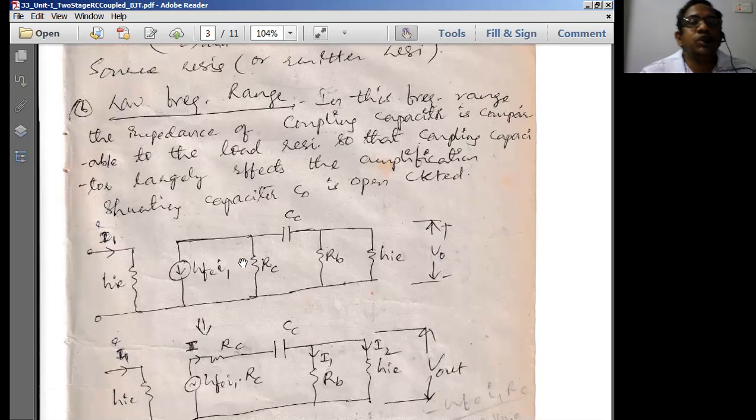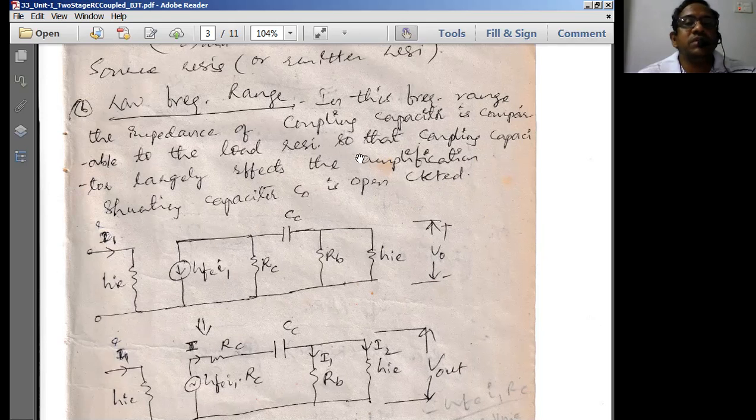The next condition is going to be the low frequency range. So low frequency range means what? It is going to be the values of the frequencies where the transistor gain would be in a range between 0 to a value which is less than the 3 dB gain. This is known as a low frequency range for us. We discuss this in depth in the second unit, because in second unit we're going to discuss in depth about the frequency response. So until then, first of all, let us try to derive the equations.